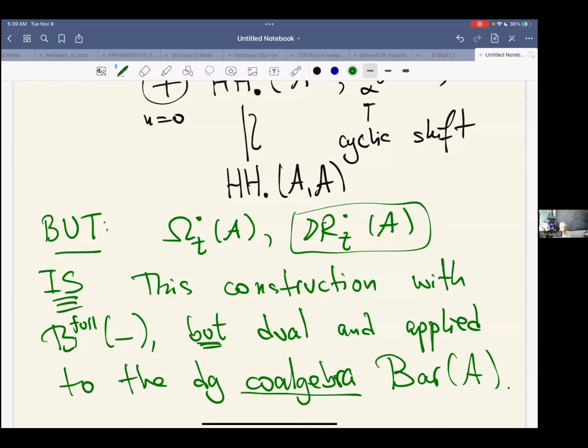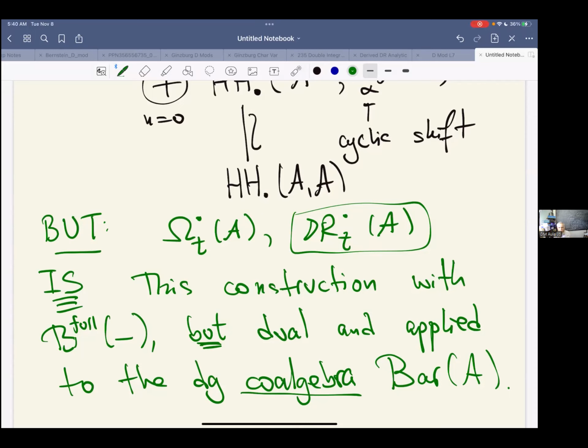And it looks much bigger for a couple of reasons, because bar full of anything is bigger than bar short of anything, and bar of A is much bigger than A. So it looks like you are getting a much bigger construction, but well, we are in Hilbert's hotel and things happen, different infinities may be equal nevertheless. Okay, so this is our claim to new things: this new proof of that Ginzburg-Schedler statement.